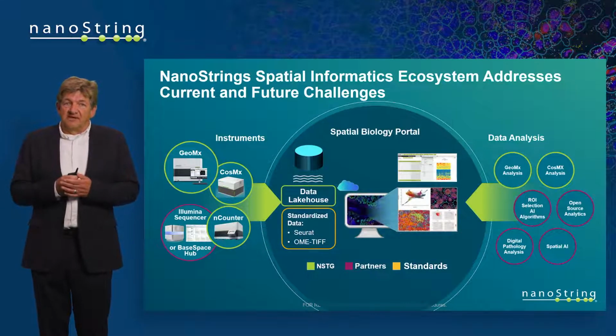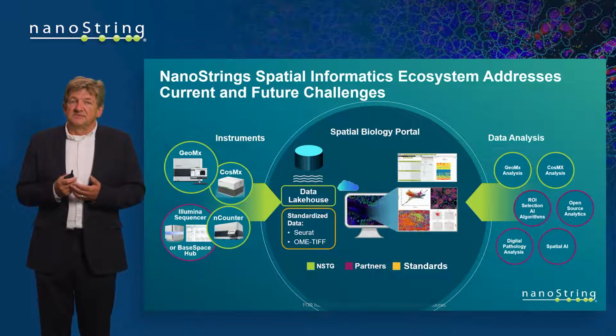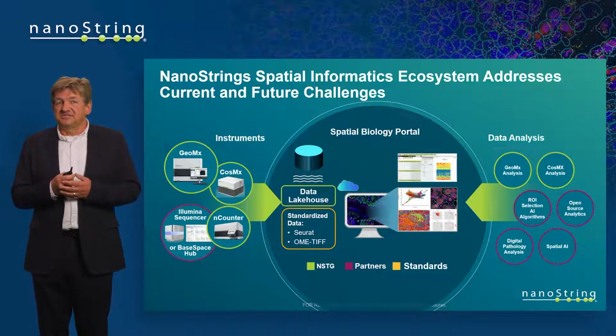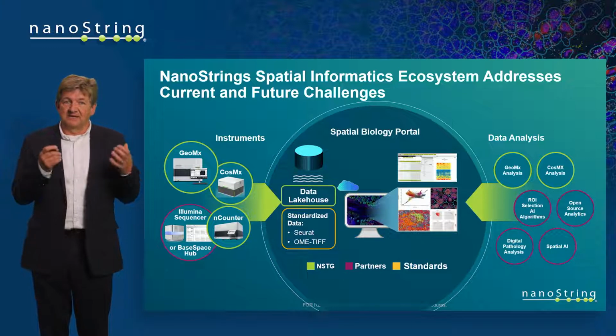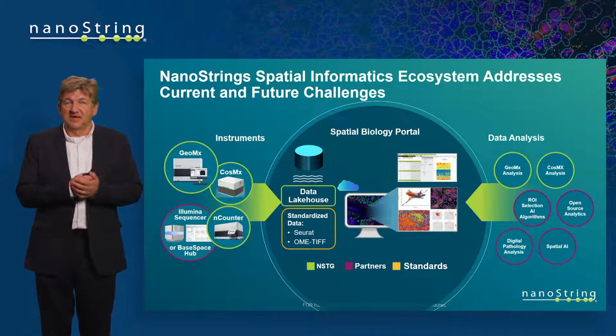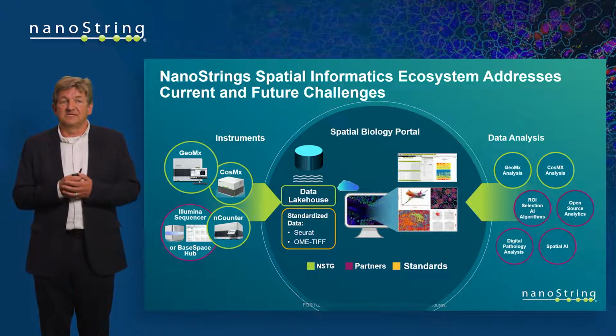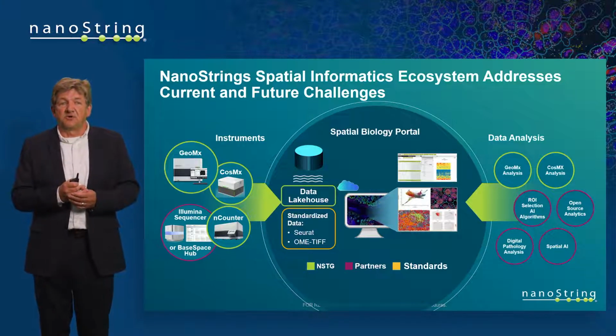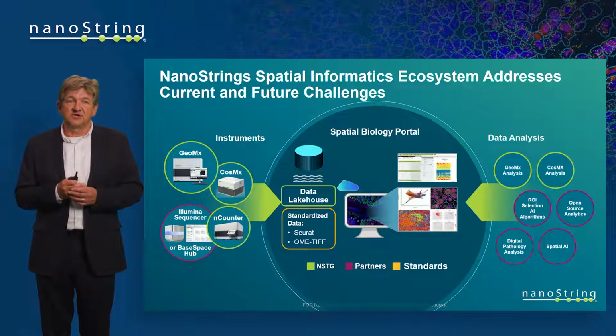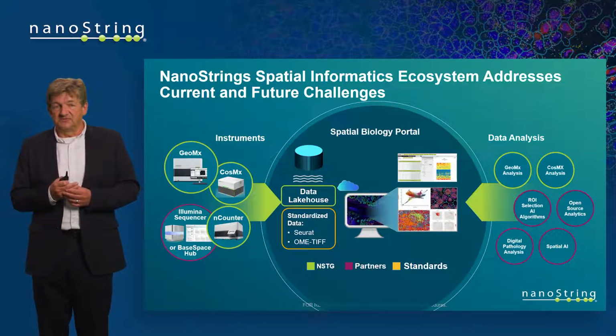One thing we are doing right now is building an ecosystem to address these challenges and to enable collaboration across our system and other systems. On the left side, you can see there are instruments which are all providing data. There's Genomics and there's CosMx. There's also the encounter data. But there are also data from Illumina, which we are using today,